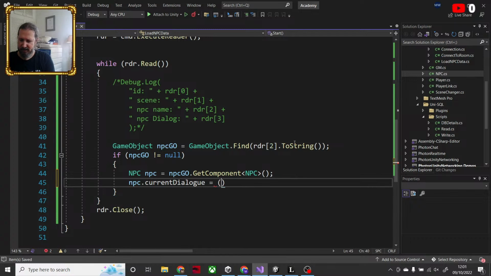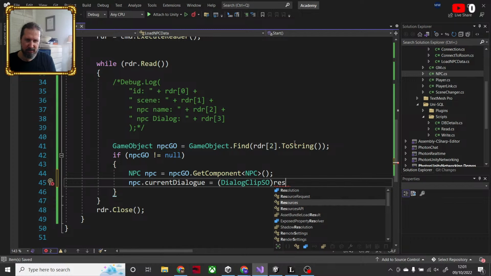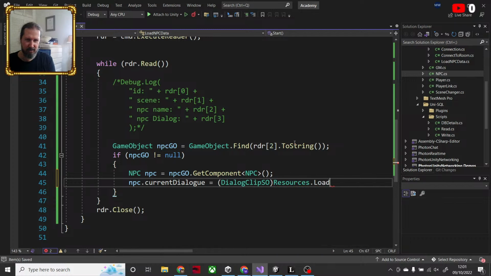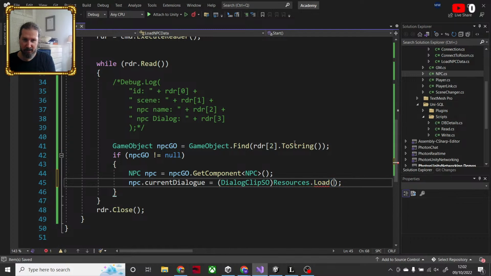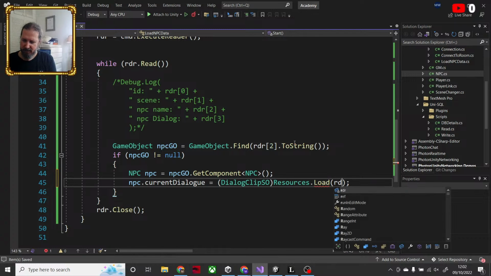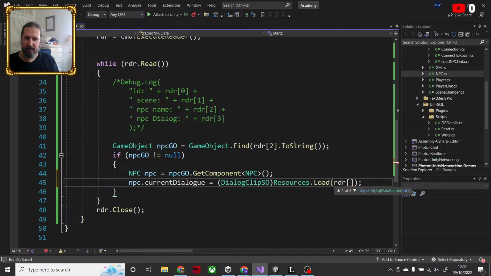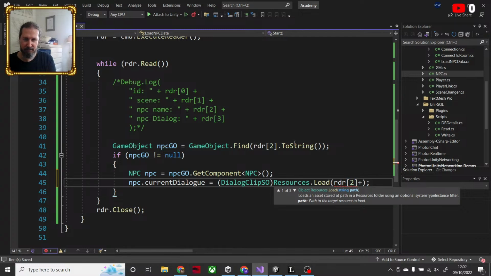now I need to cast this as a dialog clip SO, Resources.Load, and I'm going to be loading a combination of RDR, NPC's name, plus, is it forward or, I don't know.